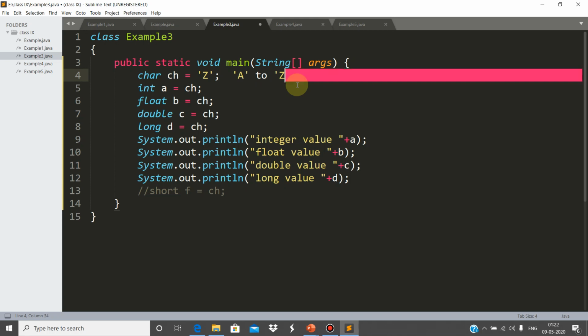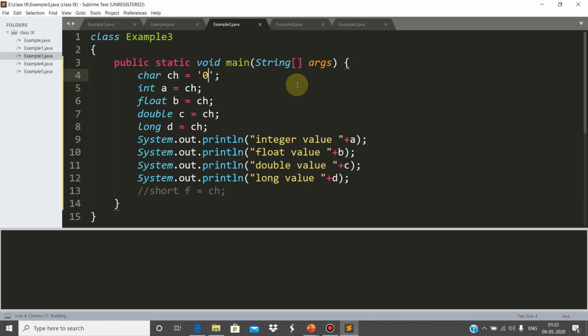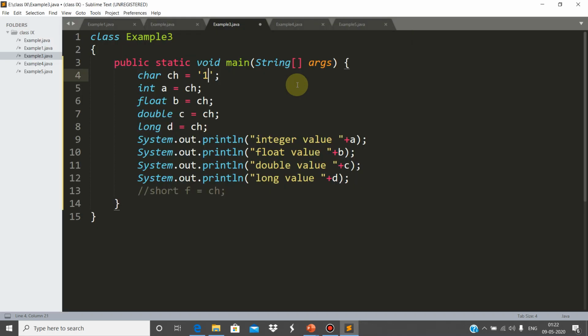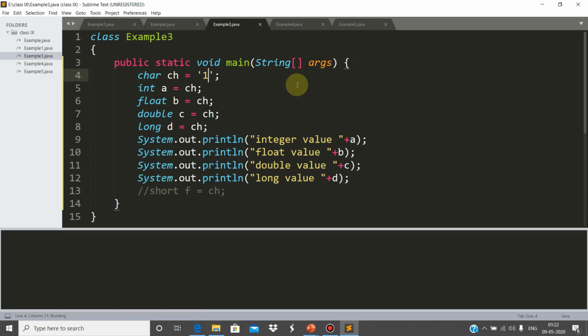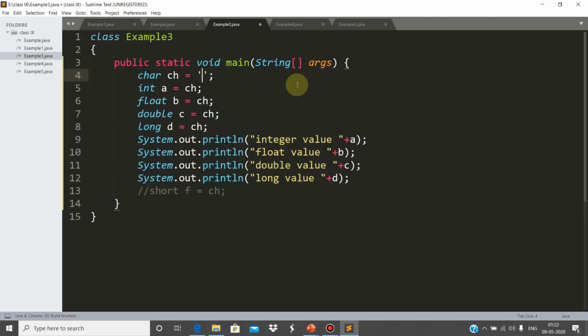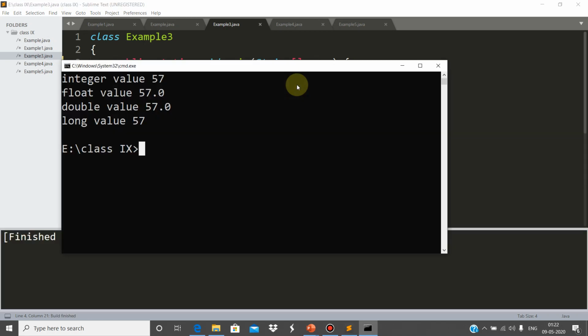Now just have a look at digits also. Children, here if I am storing 0, see what happens. The equivalent integer value or ASCII code for 0 is 48. For 1 it is 49. And in a similar way, for single quote 9, the value is 57.